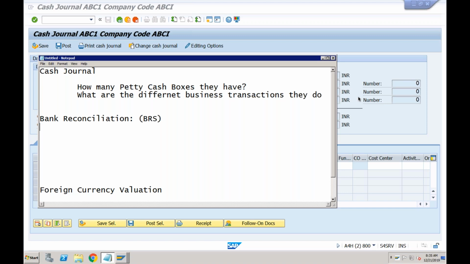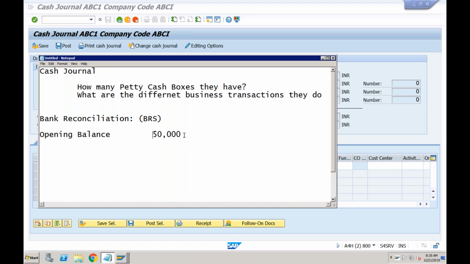Okay, let me explain what is bank reconciliation. You are all getting the bank statement on a monthly basis. Even if you want to see the bank statement for the last 1 week or last 2 or 3 days, you can always go to your bank online portal and check the different transactions you have done, right? So let's say you received the bank statement, and in the bank statement it is showing you the opening balance of 50,000. Opening balance is 50,000.